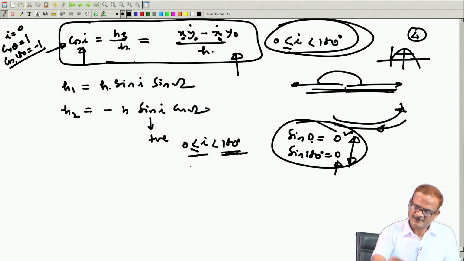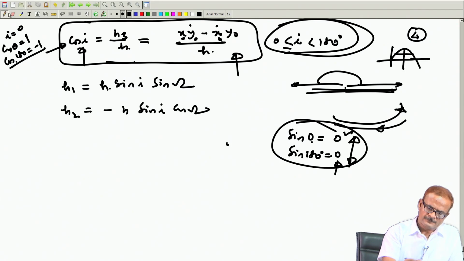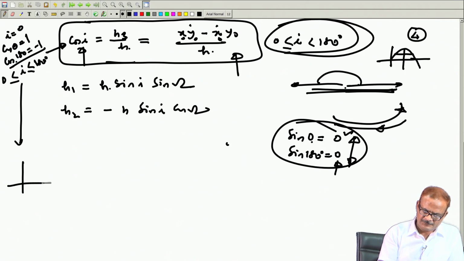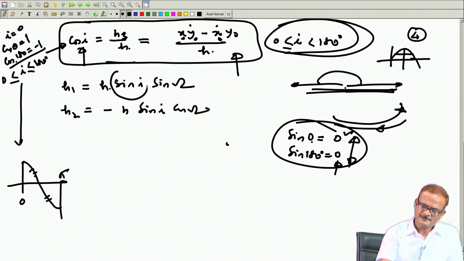So, for that case we can put here, in this place, that I lies between 0 and 180 degree. It will not produce any ambiguity, as we can see from this curve. This is the cos curve, which is going from 0 to pi. In this portion this is positive, in this portion this is negative, and therefore, no ambiguity here. But the sin is always positive between 0 and 180 degree. So, this is always positive.